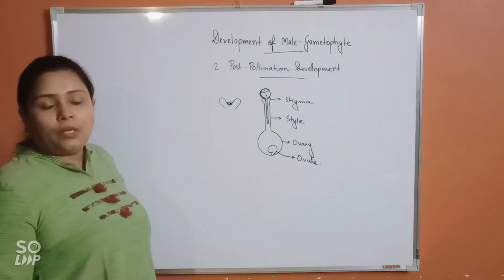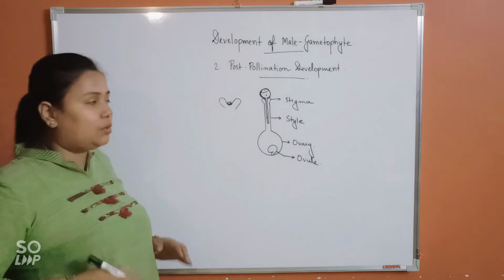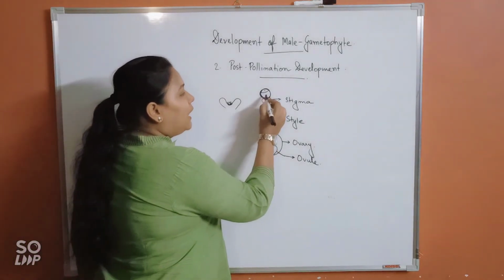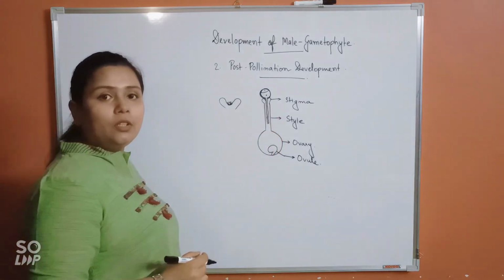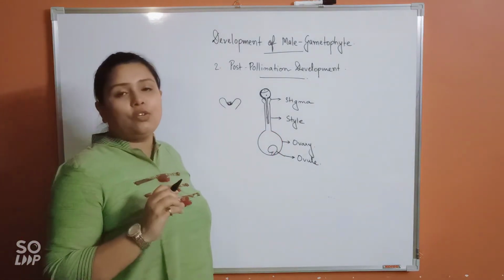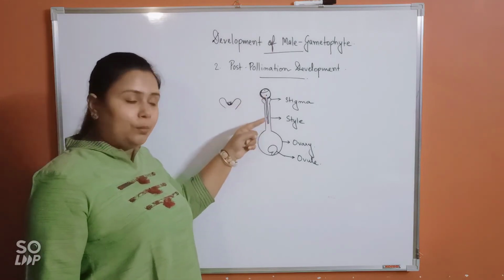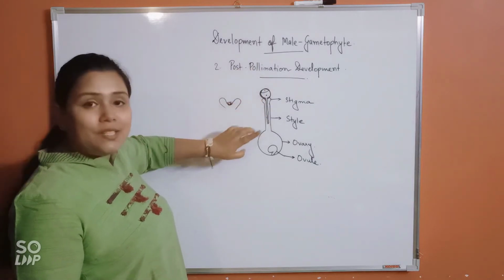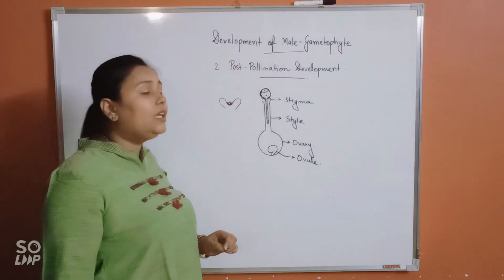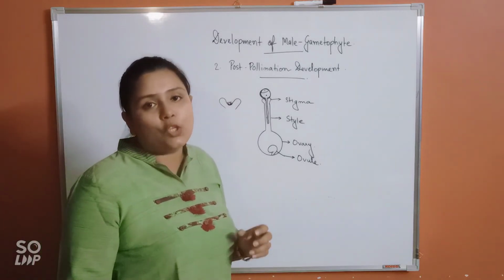The pollen tube has the outer wall of the intine. It's the intine that's coming out. And the vegetative cell content will be running into the pollen tube. Now here is something important you have to remember. This pollen tube, after it has been formed and starts to move inside, is moving through the style. Now style can be of two types. It can be hollow or it can be solid.